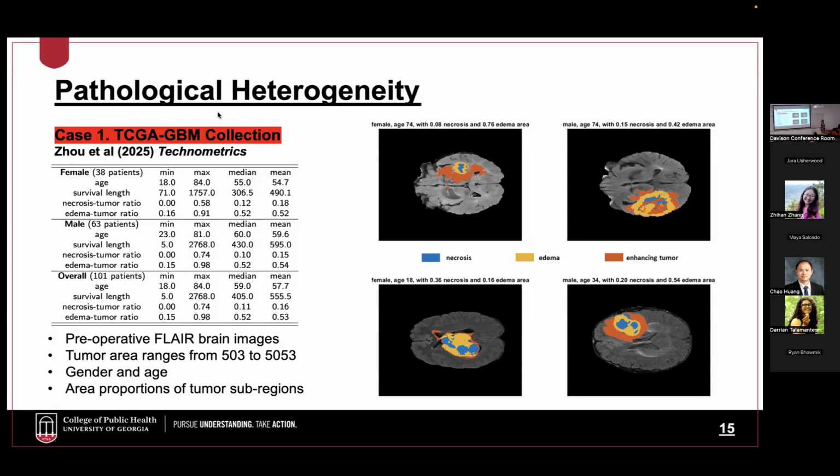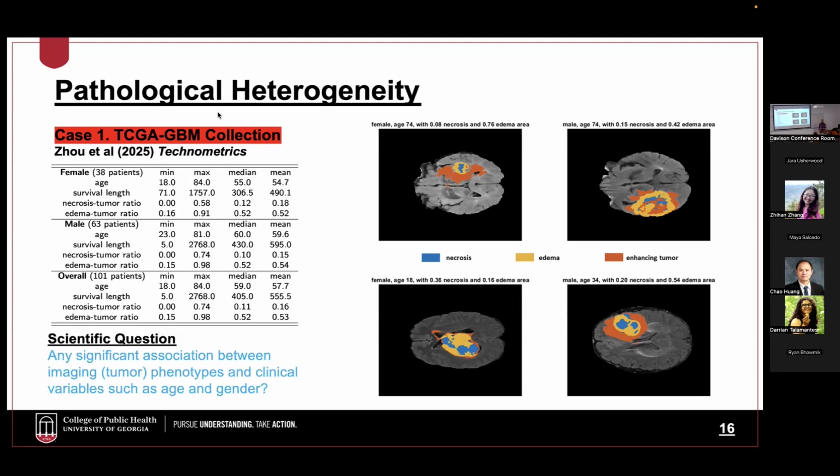The first one is about this pathological heterogeneity. For the pathological heterogeneities, the first example is the TCGA GBM collection. In this collection data set, we have over 100 subjects. And we also have the pre-processed imaging data sets for all these subjects. Besides this imaging data, we have their gender and age information and some other, like genetic information over there. And the scientific question here is,